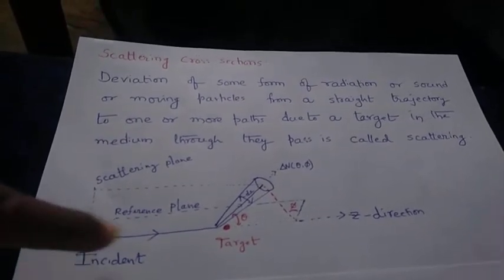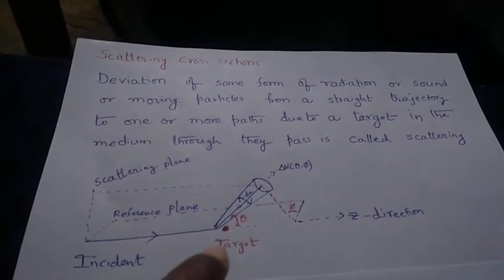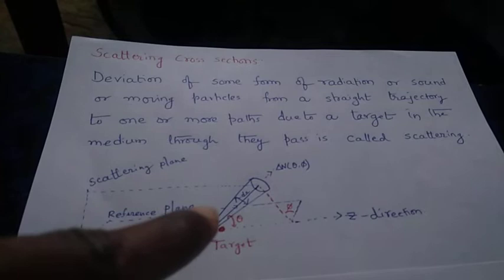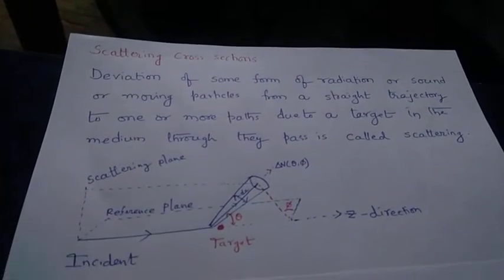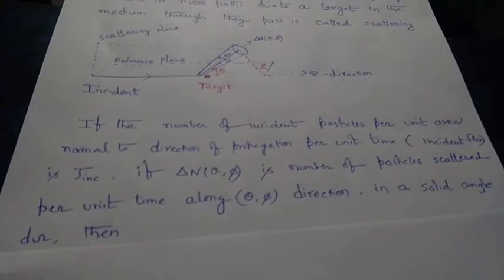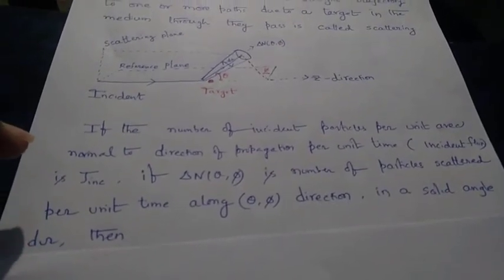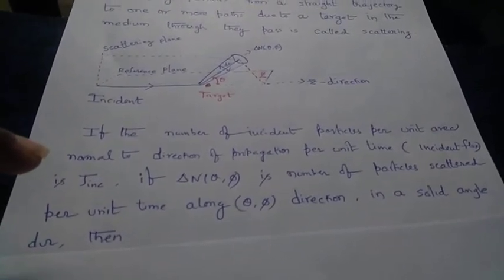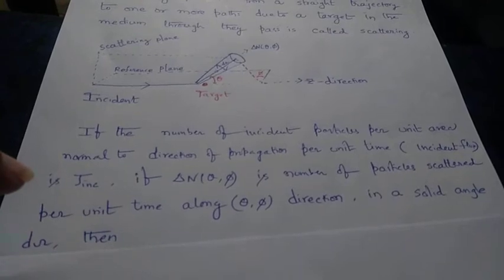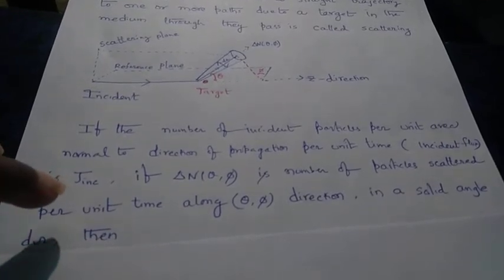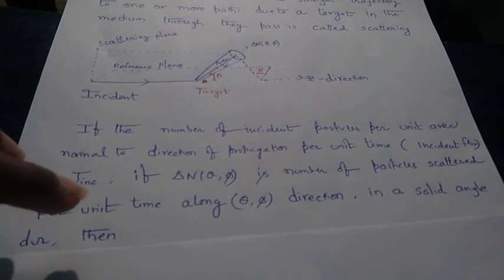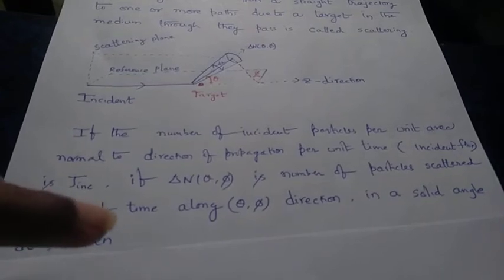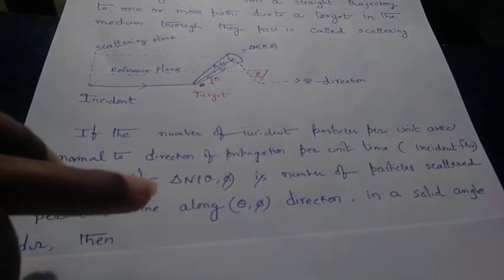So we have some incident particles or waves, and then there is a target, and we are showing that the incident particles are scattered in a direction like this. If the number of incident particles per unit area, normal to the direction of propagation, per unit time, which is also called the flux of incident particles, is J sub inc, and if the number of particles scattered along a direction theta phi per unit time is delta n theta phi,